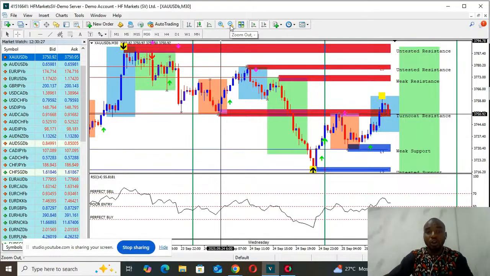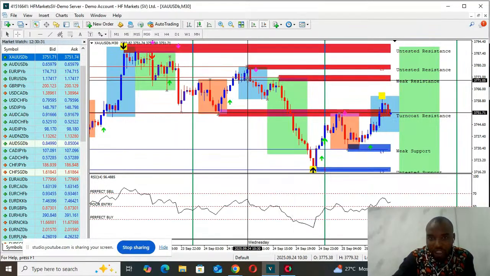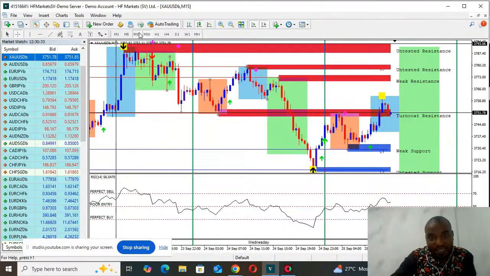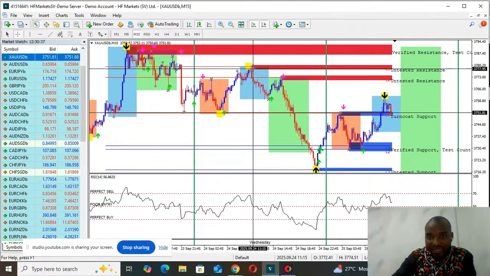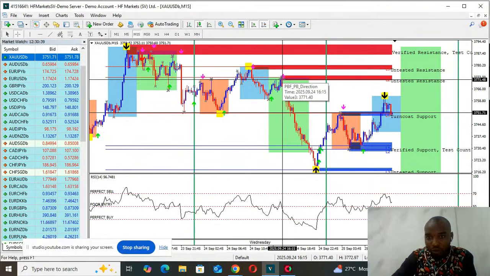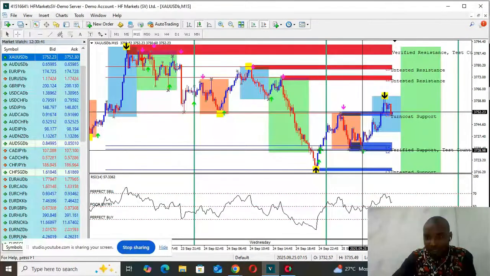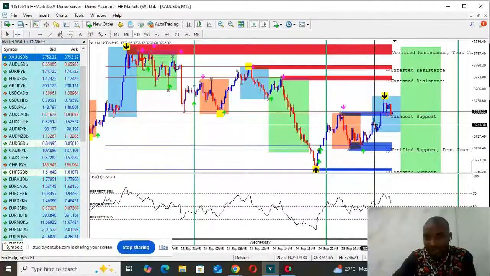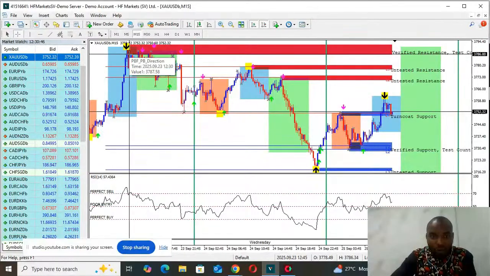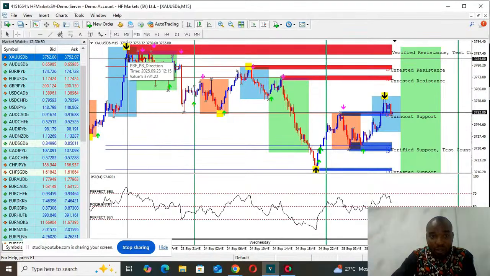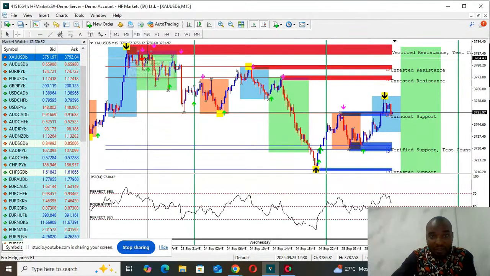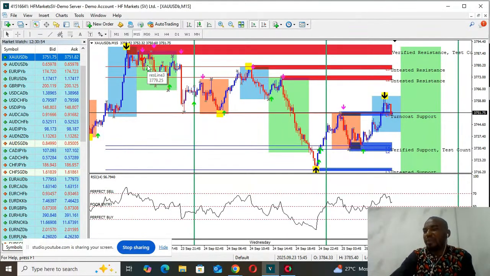So you can be doing what they call sessional trading, trading either London, Asia, or New York by going to M15. Okay, M15 here, you see the alert here, you enter New York, you enter your sell. This is London, Asia, London, you enter your buy. This is New York, London. New York is the green one, London is the blue one, right? You enter your sell. So that's what you can be doing basically from lower time frame, right?